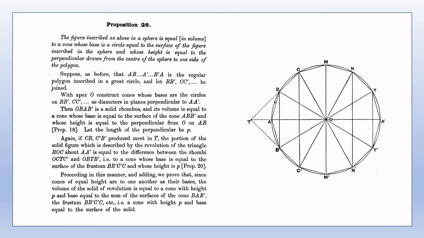Archimedes starts out the proof of proposition 26 by constructing a solid inscribed in the sphere. What I find particularly interesting is the way that in proposition 26 Archimedes divides up the solid that he forms inside the sphere. It's certainly not the most obvious way of creating such a shape inside the sphere, and it may have been a more natural and obvious choice to split the inscribed shape into solid frusta rather than the shapes that Archimedes uses, but without having worked out the details myself, this could possibly have led to more